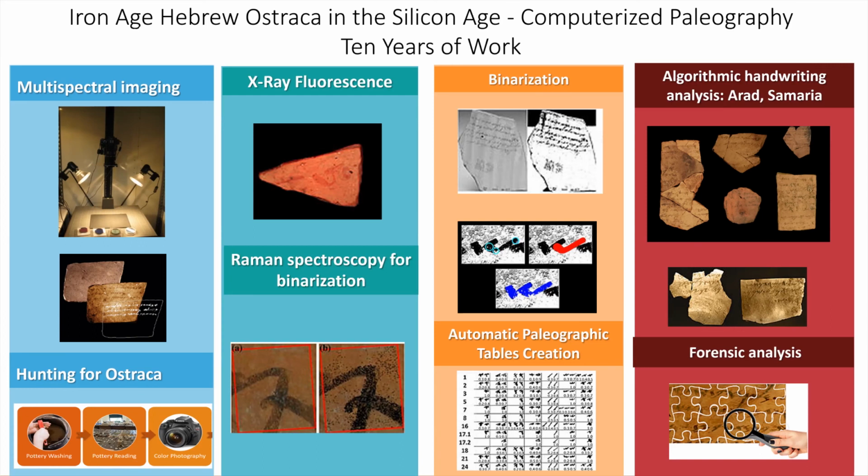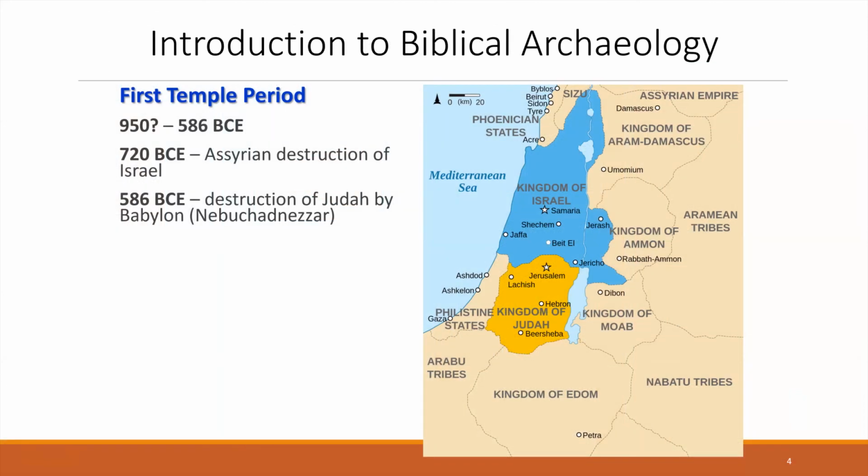And we had an interesting collaboration with the forensic department in Israel about this handwriting separation, but I will not go into details of this either. So today I will talk only about handwriting separation, the algorithm that we proposed for Arad and its extension to the Samaria case. So we are talking about Judah and Israel